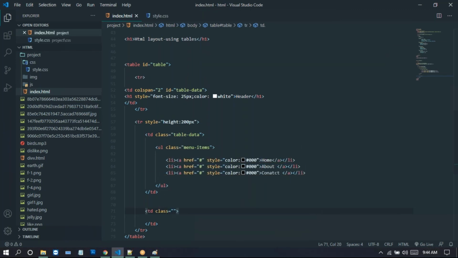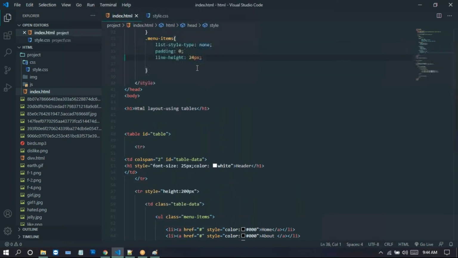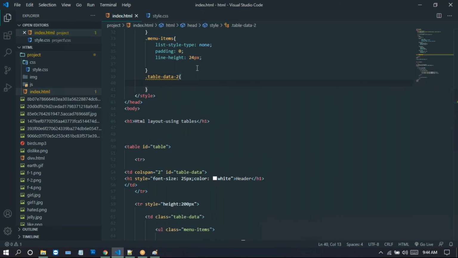Just take the class as table data 2. Now just copy this table data 2, go to this style, and paste it here. This is a class name, so we need to mention dot here. Dot is the indication of a class.